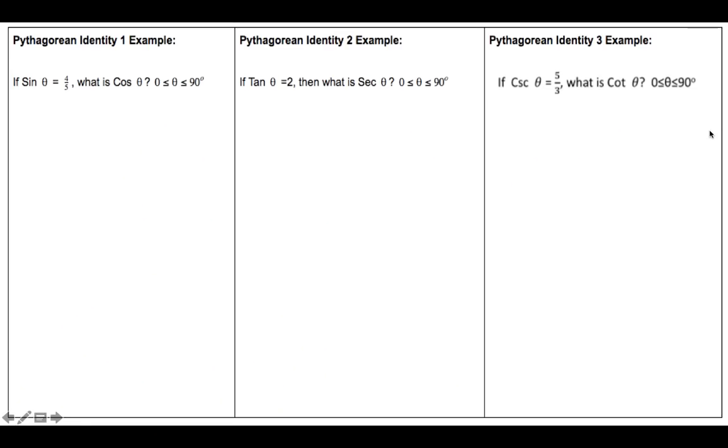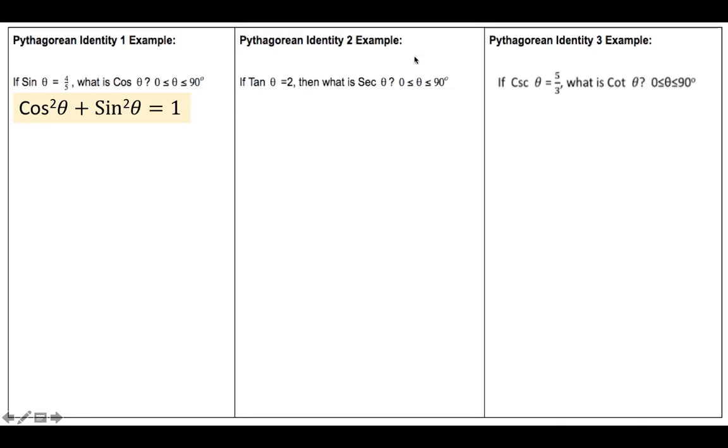Now we're going to move on to the example portion at the bottom of your organizer that you were given. Let's do an example of each single identity that you should know how to do. We're going to be starting with Pythagorean identity number 1. These we have already done in task 84 when I did an example with you. But I'm going to go ahead and do it again just so you can compare how it's different from the